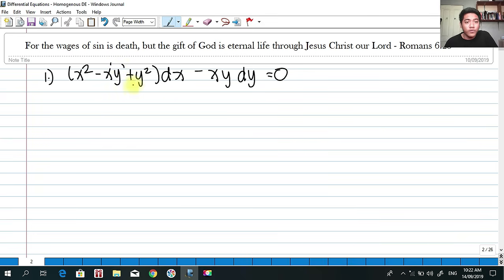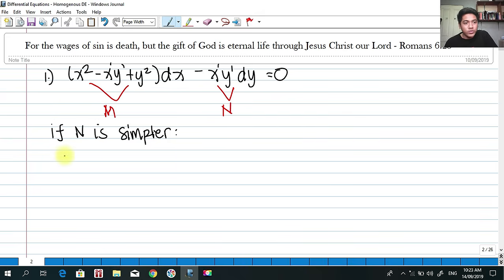Hence, this has a degree of 2 for dx. For dy, it is the same: this has a degree of 1, and if we add them, the total degree is 2. So this is a homogeneous differential equation with a degree of 2. We label this term as M and this term as N. M is a function of both x and y, and N is also a function of both x and y. In this case, N is much simpler because it has x and y terms only, unlike M. So if N is simpler,